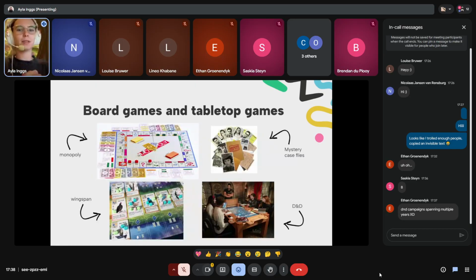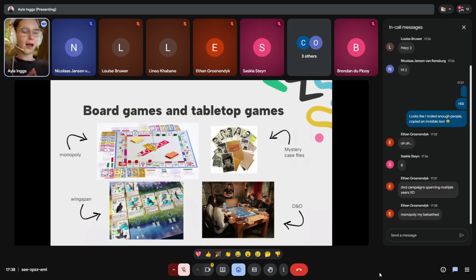So just some examples that I'd like to go through is Monopoly. Now, this is obviously not the best board game, but I know I included this because it's an easy entry point for some people who've never played board games. I'm not expecting all of us to know a lot about board games, but I'm pretty sure a lot of us have an idea of how Monopoly works and stuff like that.